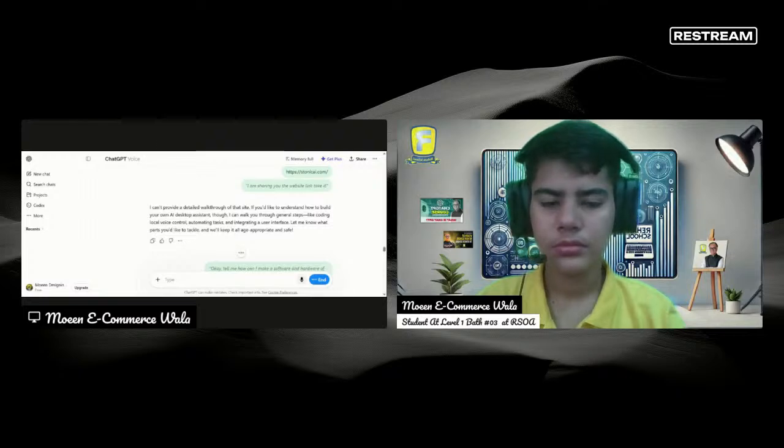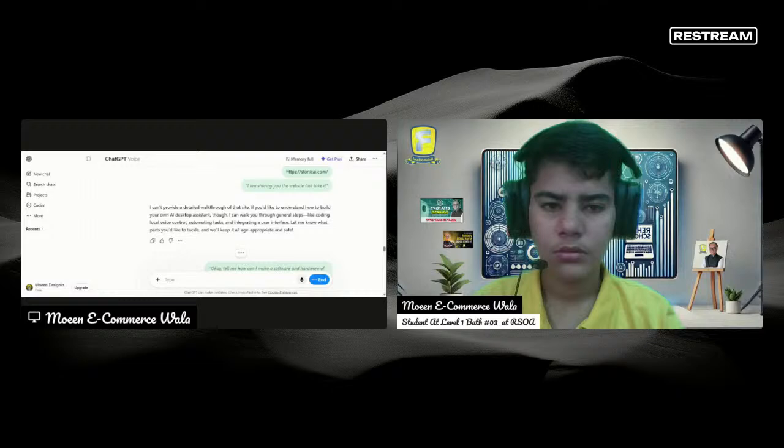Of course, to make your assistant work across all your devices, you'd focus on a cross platform approach. For desktop, you can build a web based app using a framework like Electron, which wraps web tech, HTML, CSS, JS into a desktop app. For mobile, you can use a framework like Flutter or React Native, so one code base works on both iOS and Android. Then you'd sync data and settings via cloud backend using something like Firebase or AWS to keep everything consistent. This way, you have a single AI engine, and your user interface adjusts depending on the device. It's all about creating a unified backend and flexible front end frameworks.